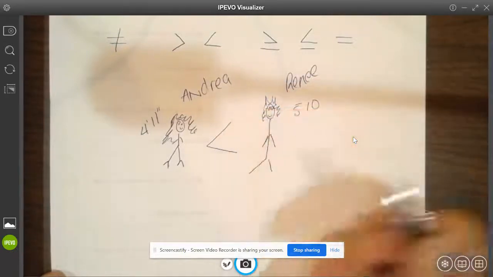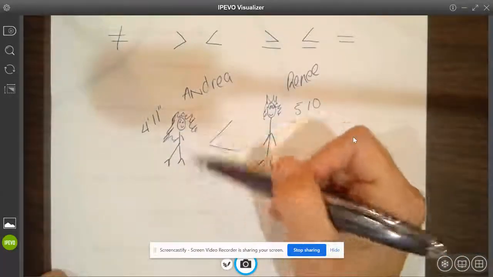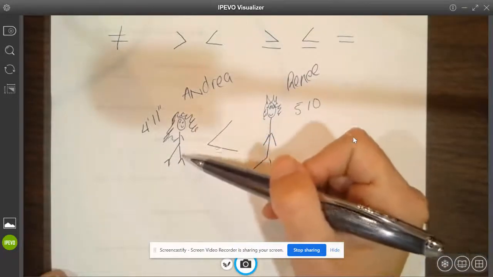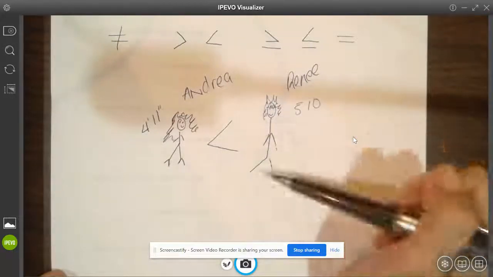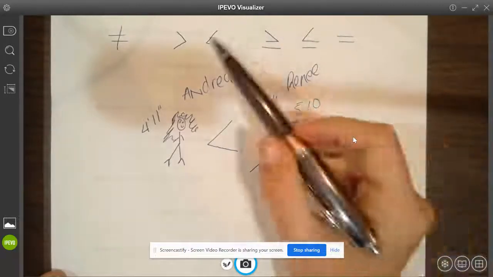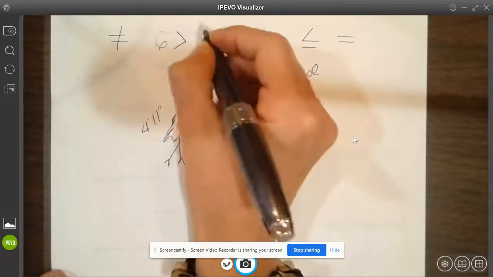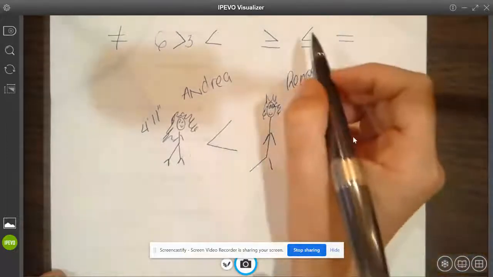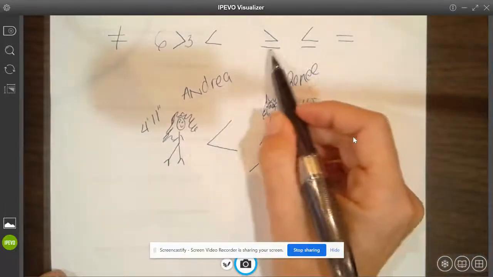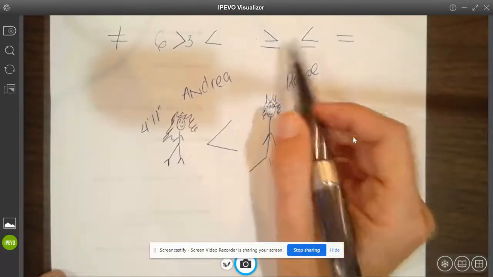All right. So my point is that the tallest person will be here and the little person will be here. So it's less than, okay? So notice that the opening goes to the tallest person, all right? Same thing here. So large number on this side, little number on this side, okay? So that's the idea. Now, this is equal to, right? So it could be greater than or equal to. So remember this. Anyway, so